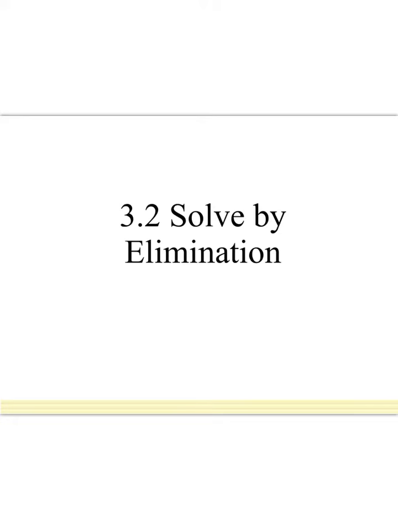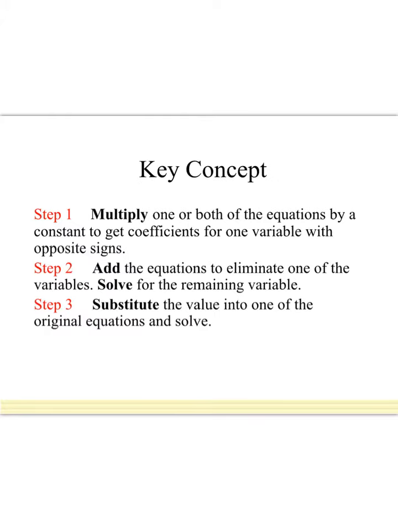Okay, we're continuing section 3.2, solving algebraically, and this section is going to be by using the elimination method. So the main idea here is to first multiply one of the equations, or we may have to multiply both, by a constant. That way we get our coefficients with opposite signs. So when we add the equations, we're going to eliminate one of the variables, and then we'll solve for the remaining variable. After we've solved, then we substitute that value back into one of the original equations and solve